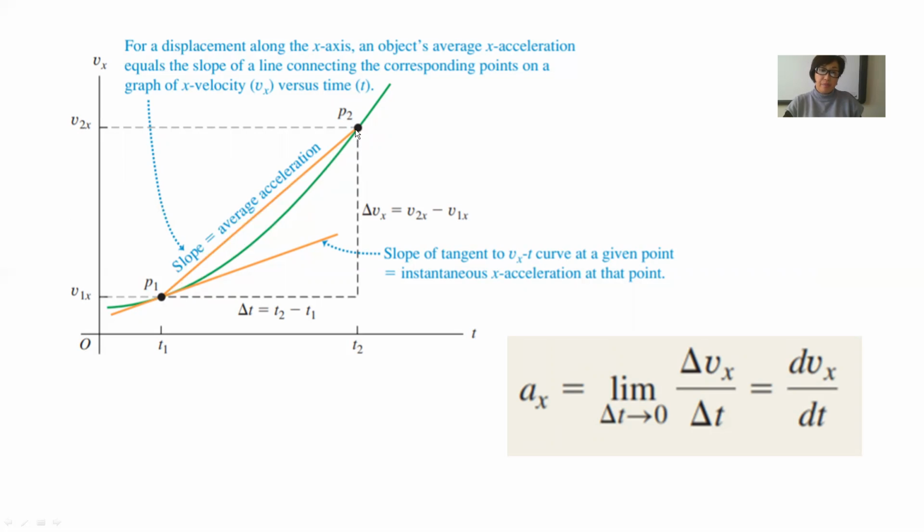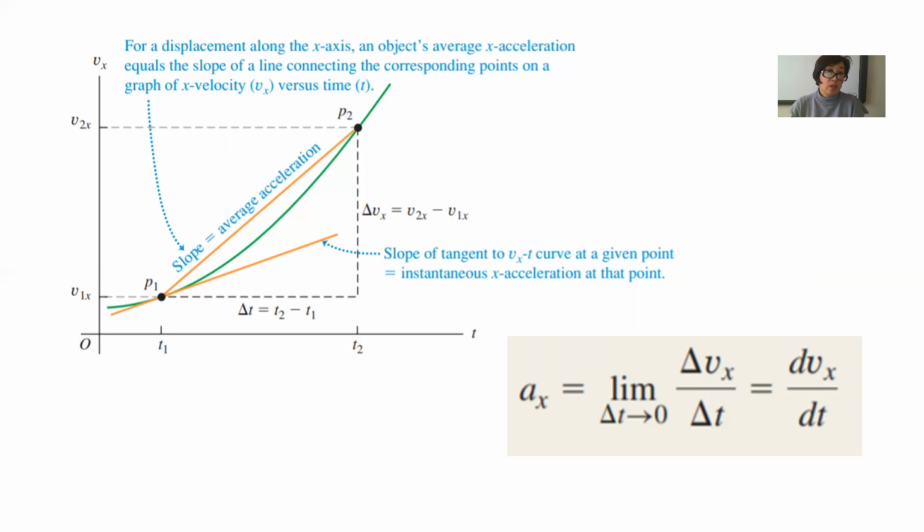For a displacement along the x-axis, an object's average x acceleration equals the slope of the line connecting the corresponding points